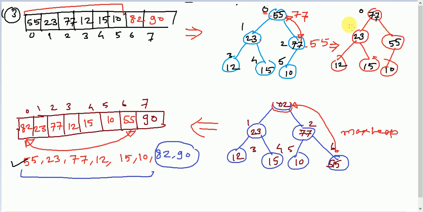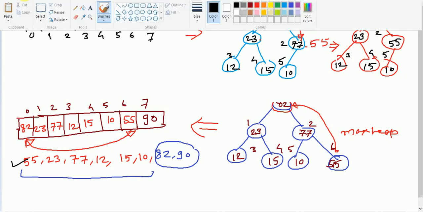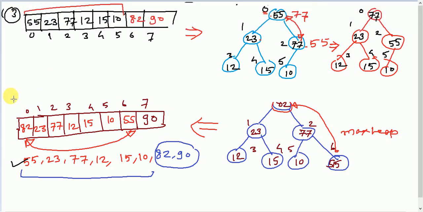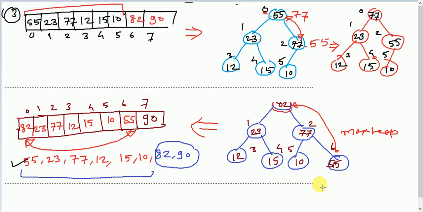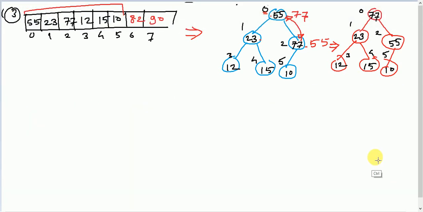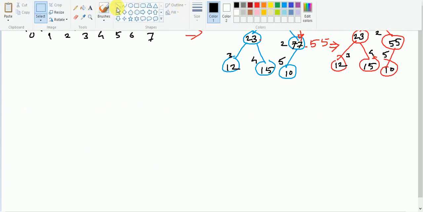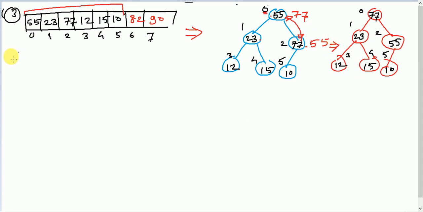So this is index 0, 1, 2, 3, 4 and 5. Now again I will represent the given diagram in the form of an array. If I draw a particular array for this representation,